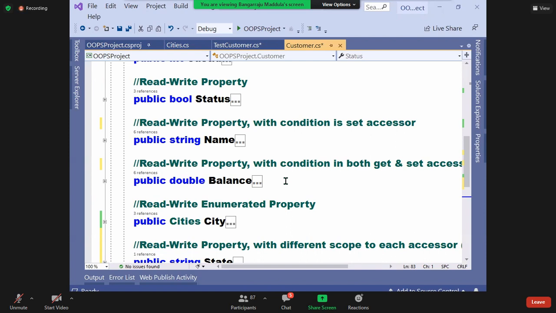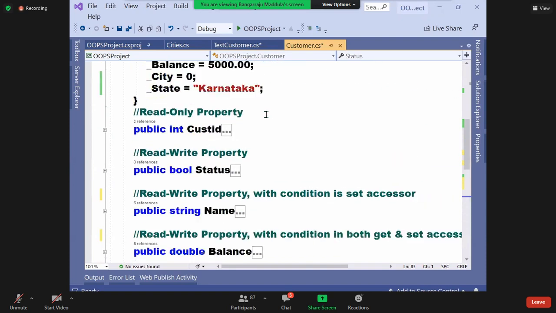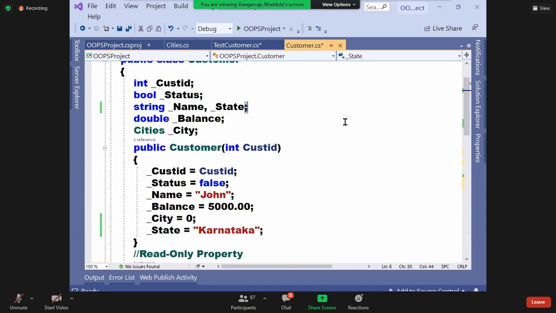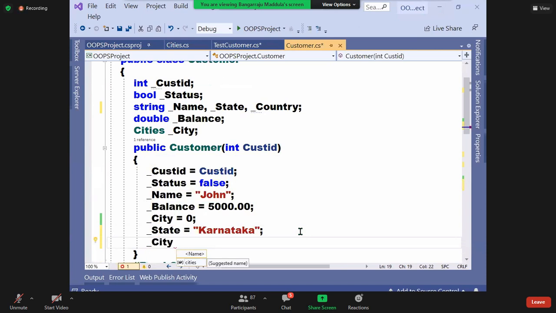But from C# 3.0, can't I define a property without a field? See, I want to define a country property. So what should I do first? First, I should come here and say underscore country. Next, I should initialize underscore country equals India.